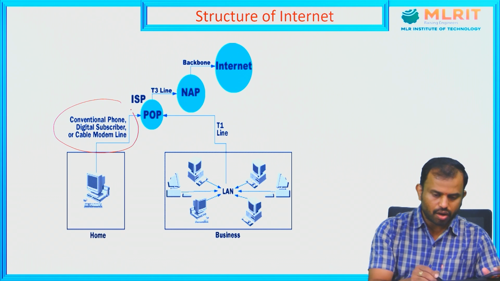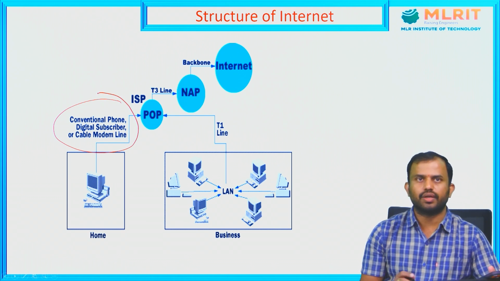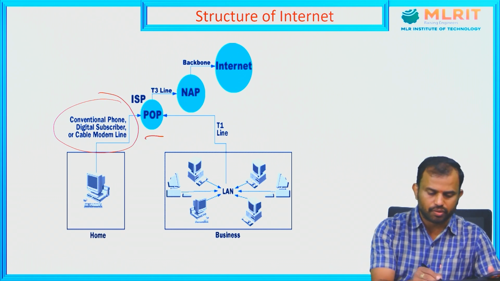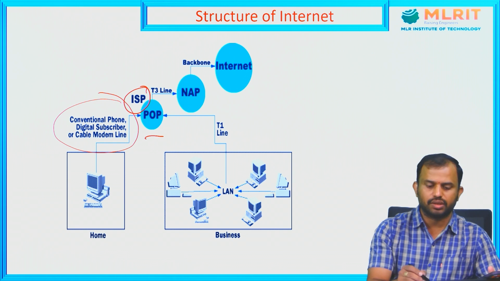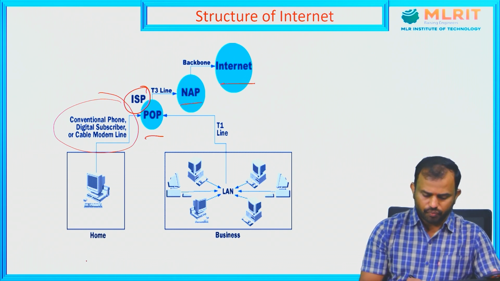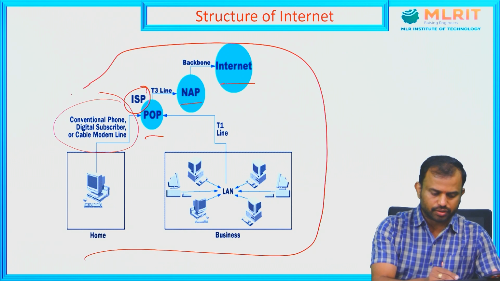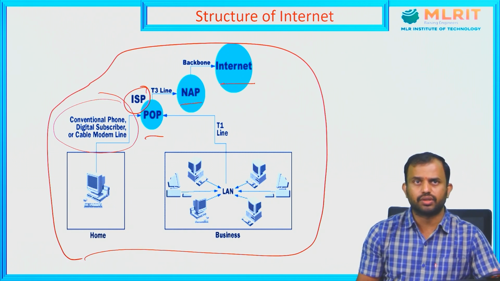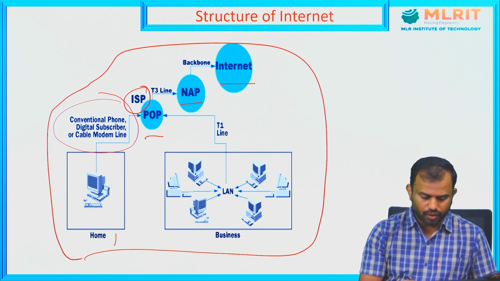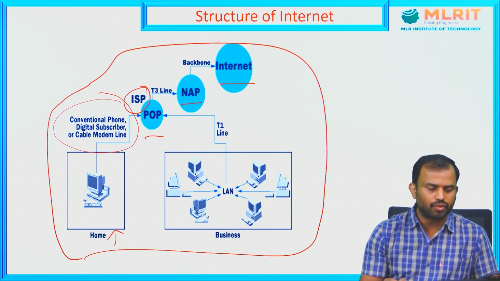this is the architecture of the internet. So what kind of services do we have? There are POP services, internet service providers, network access providers, and from the net to the internet. While establishing this kind of architecture, while information is transmitted from the home to a business application, there are many kinds of network architecture followed,